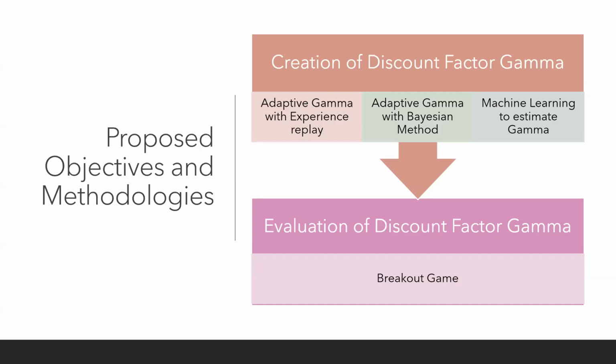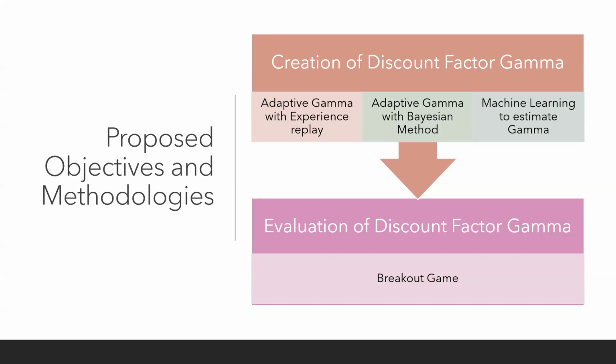And after that, when we are making a new discount factor and comparing it with the other one, one thing is sure: even if we fail, we should have certain methods to compare with the existing method, to check whether we succeed or not. For the evaluation of a new discount factor gamma,